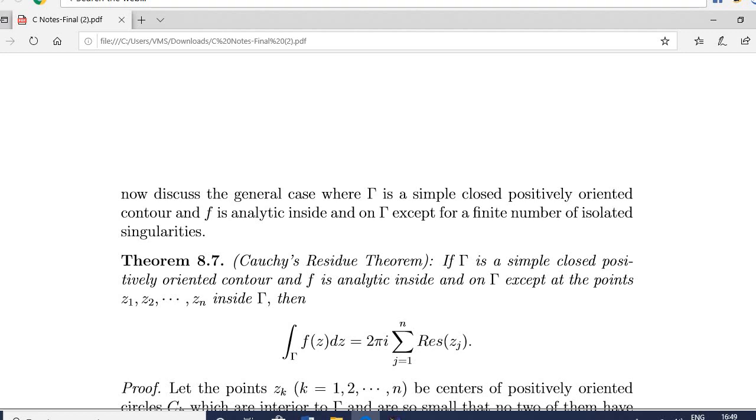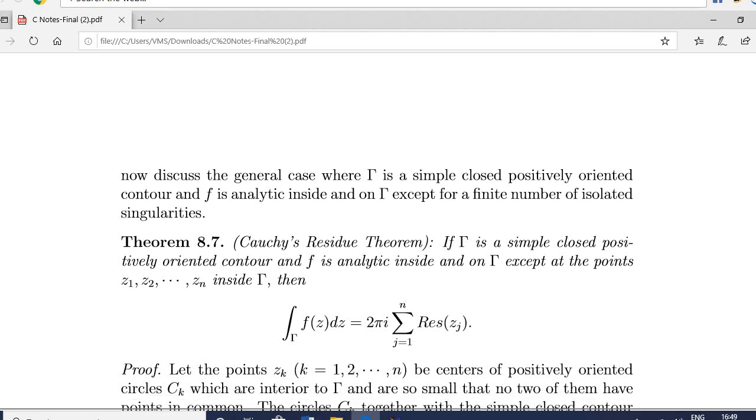z1, z2, zn are, suppose, points inside that C. And around z1, z2, zn you have some circles or closed curves around each of these points. So suppose C1 is a curve around z1, C2 is a curve around z2, and so on. Then recall that we learned the Cauchy theorem for multiply connected domains, which is nothing but the integral over that whole curve C is the integral over C1 plus the integral over C2 up to the integral over Cn. This Cauchy residue theorem is a simple application of that Cauchy theorem for multiply connected domains.